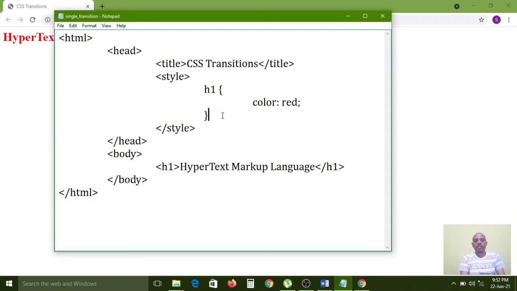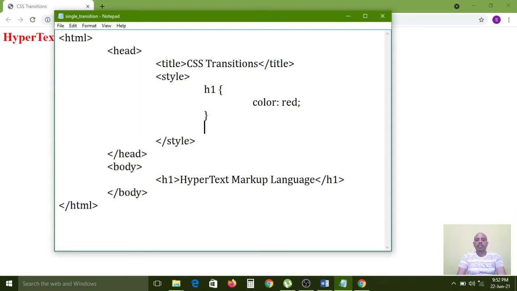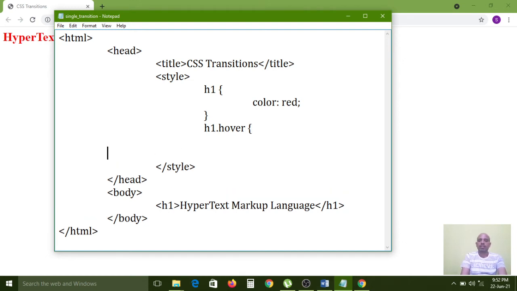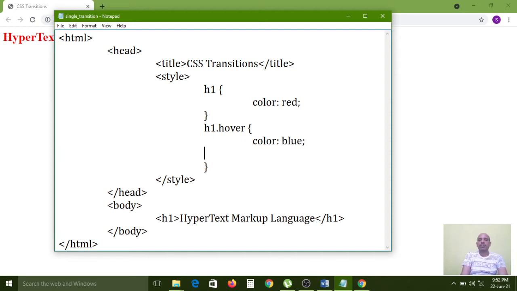Now I am applying the transitions. So for that, H1 dot hover, we have to use hover. For that, I want to change the color from red to blue, and background-color colon yellow, right?